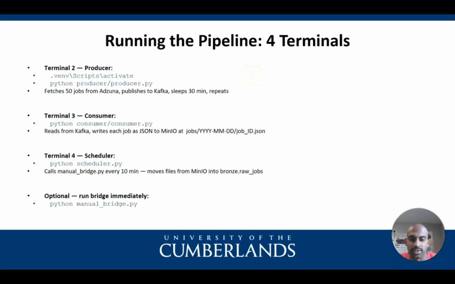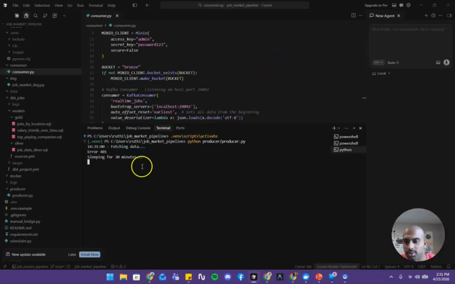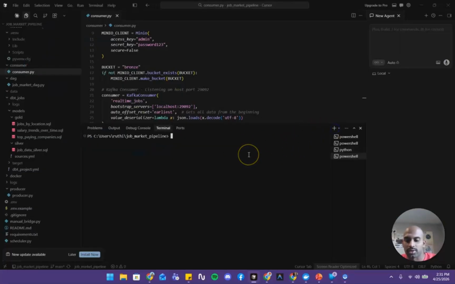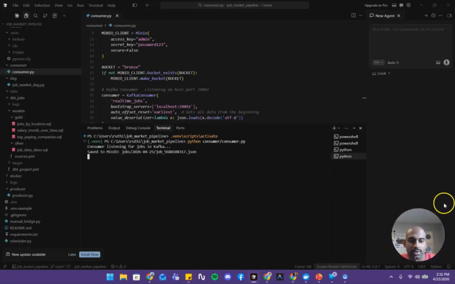You'll see the output like fetching data and streaming jobs after this basically. And next one would be Python consumer slash consumer.py. This starts